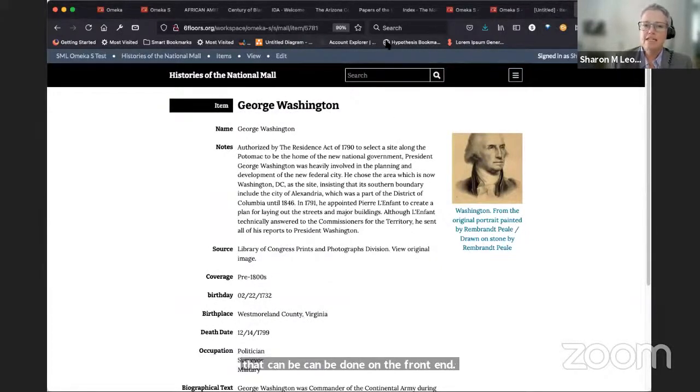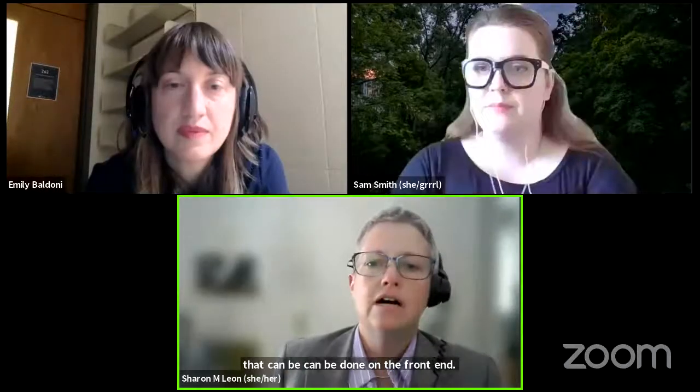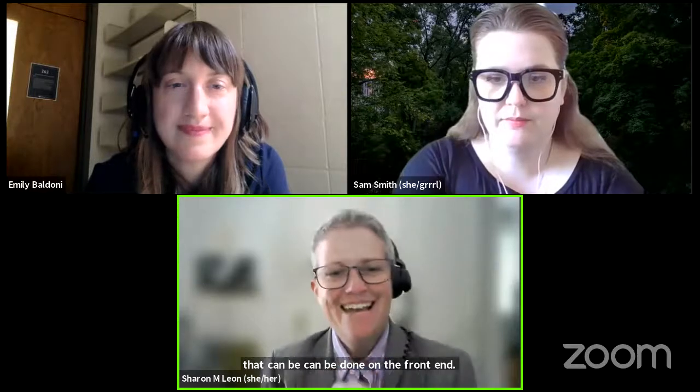So we decided, given the fact that our users were unlikely to be able to write linked data by hand, that we would develop a model that we could use in a very, very simple interface for them to work with to move on to our next stage of testing. And so I'm going to hand it off to Emily to tell you about how the model got developed and how it works.